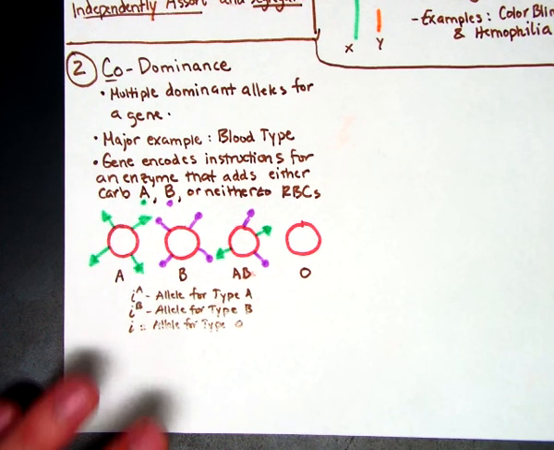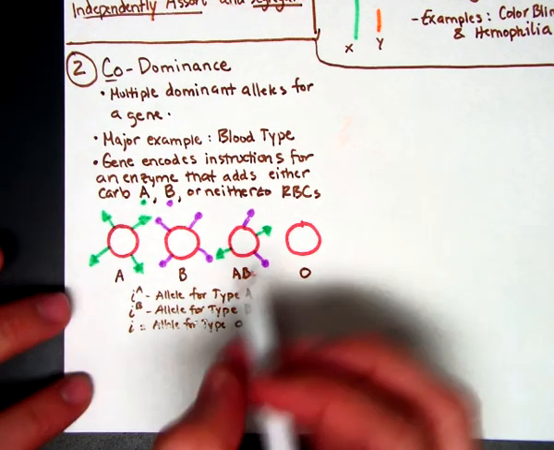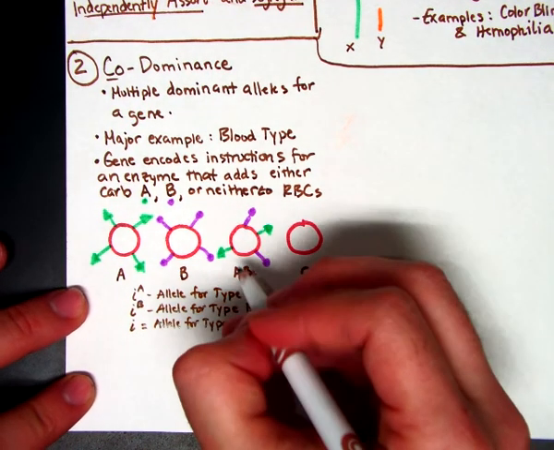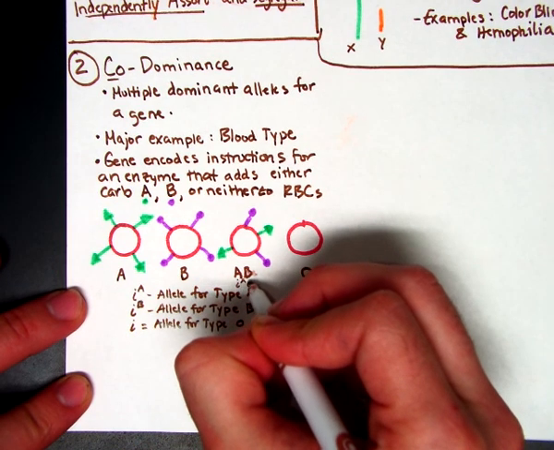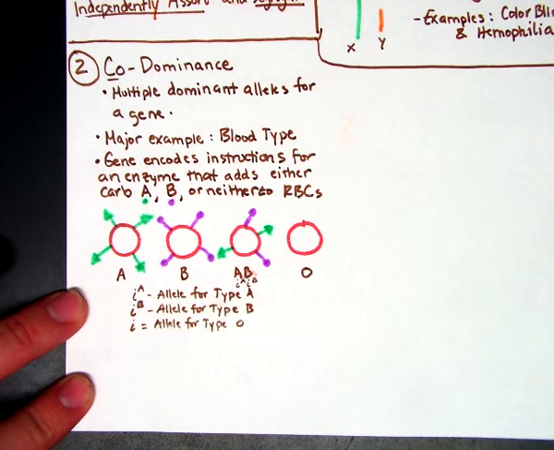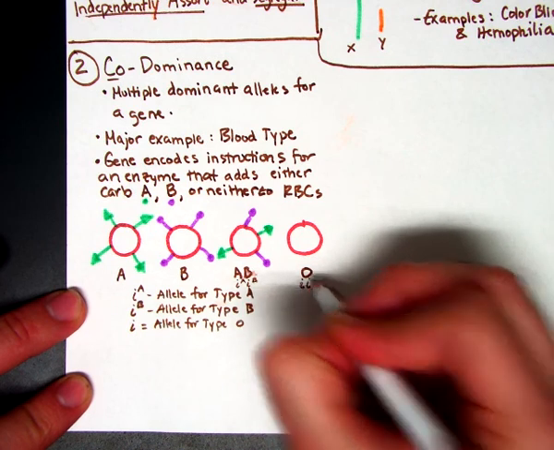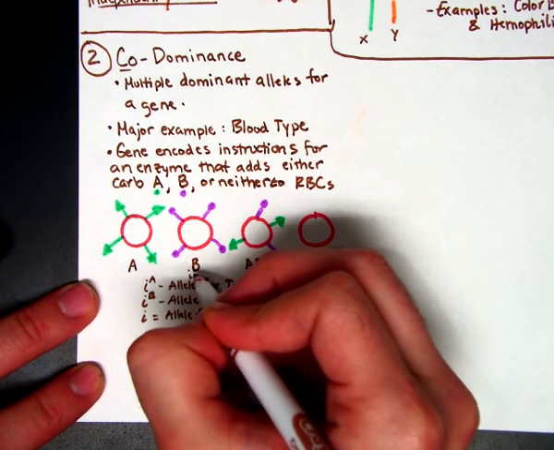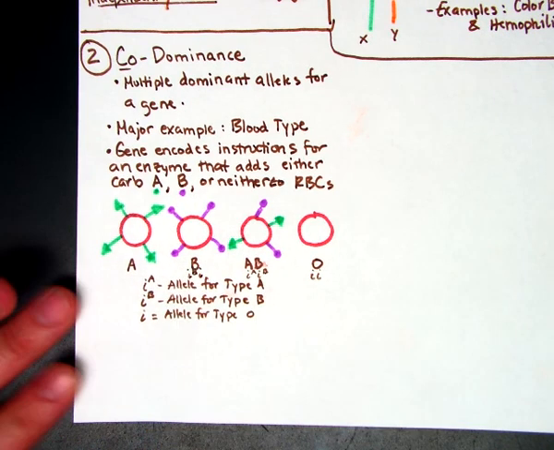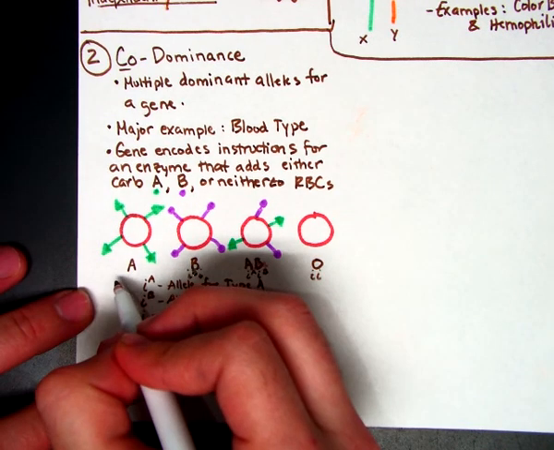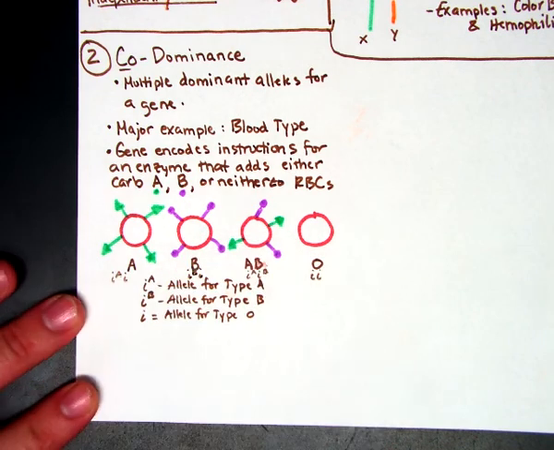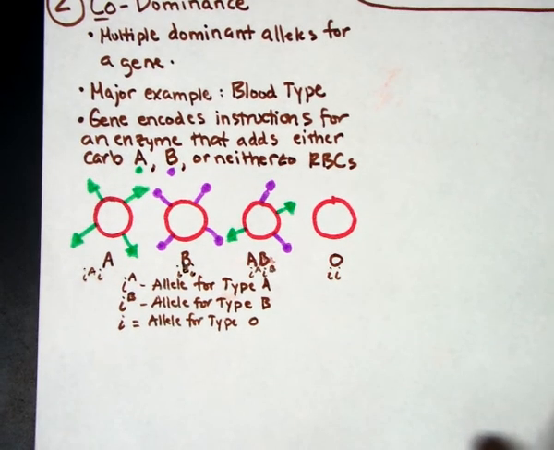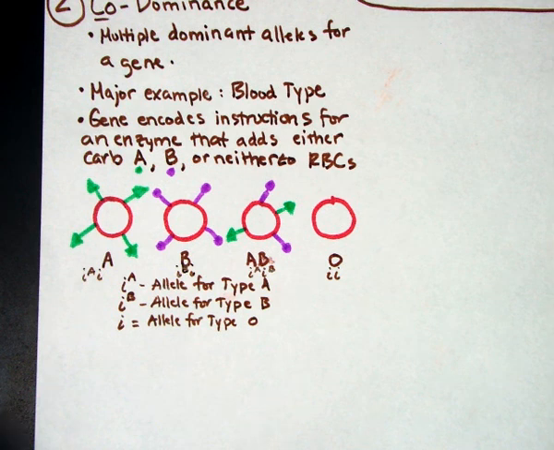All right, so if you have, for example, an AB blood type, your genotype is IAIB. If you have type O, you are ii. If you are type B, you've got IB and then i. And if you're A, IA, i. Okay. All right. Now the reason this is significant is because your immune system,